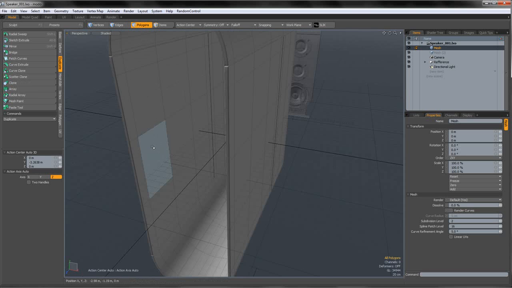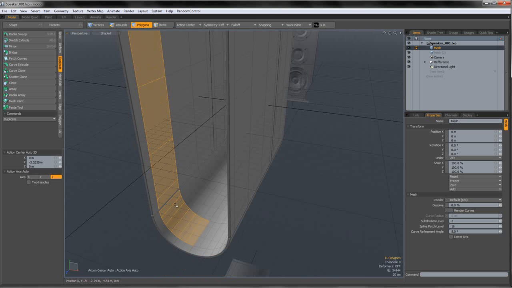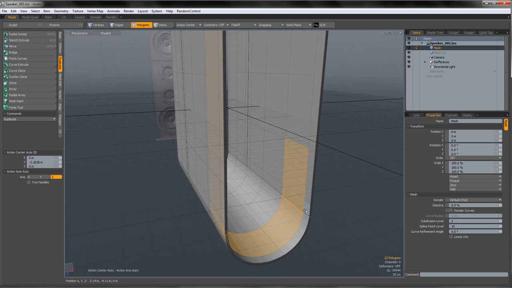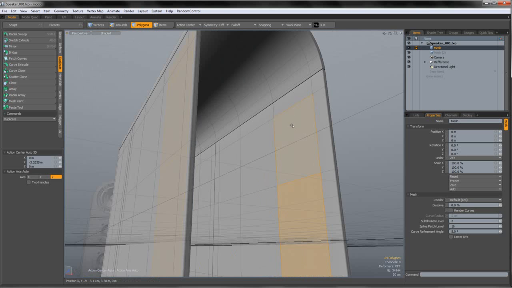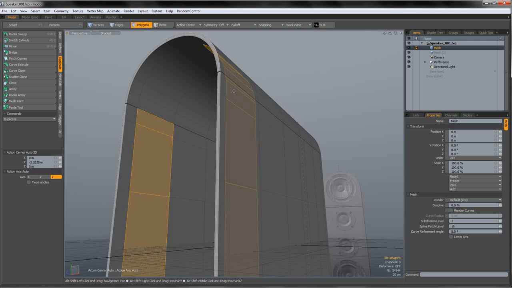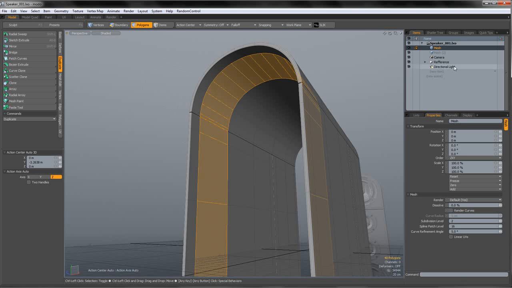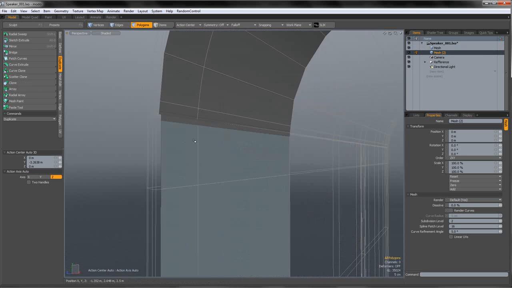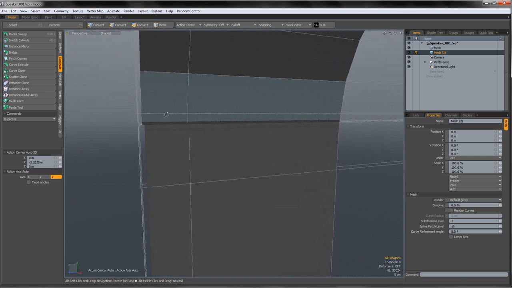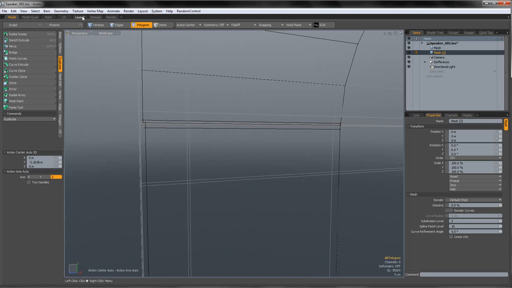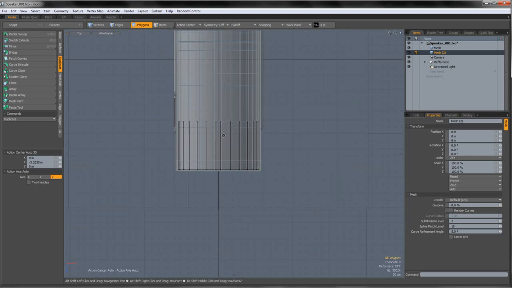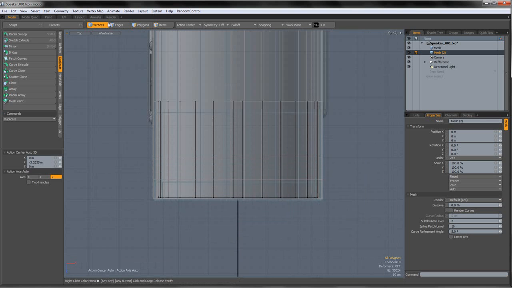Now we can copy, actually, yeah, we can copy a loop like that. Make sure you don't get any of the inner polygons. Okay, we're gonna copy them over here, and next we're gonna select the top. So go to the top, and we're gonna